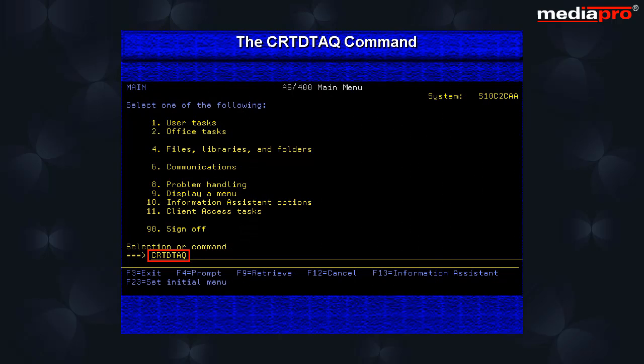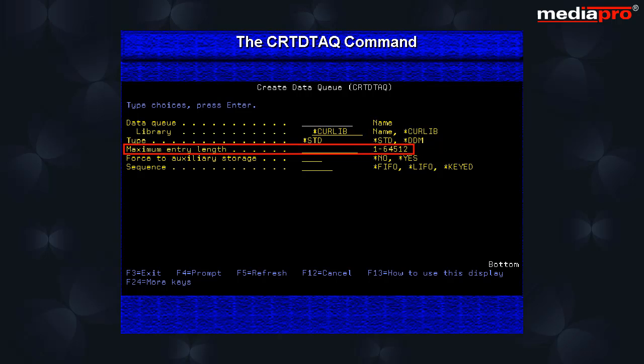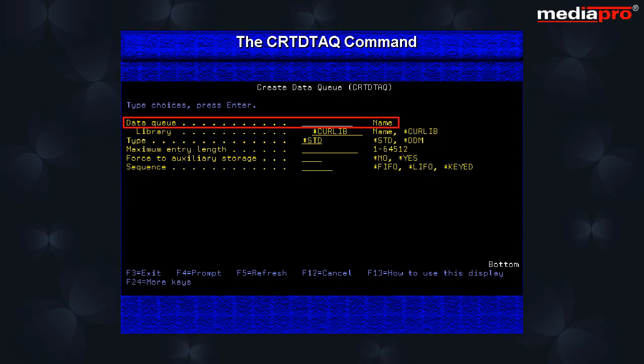The create data queue command is used to create data queues. On the data queue parameter, we specify a name for the data queue. On the maximum length parameter, we specify the maximum possible length of each entry in the data queue. It can take on a value between 1 and